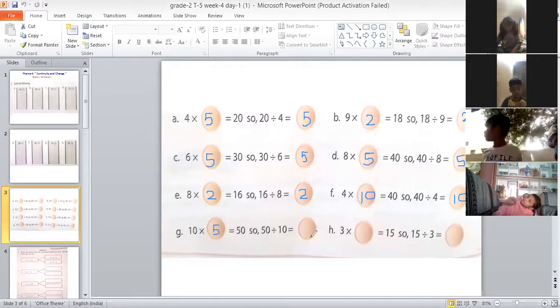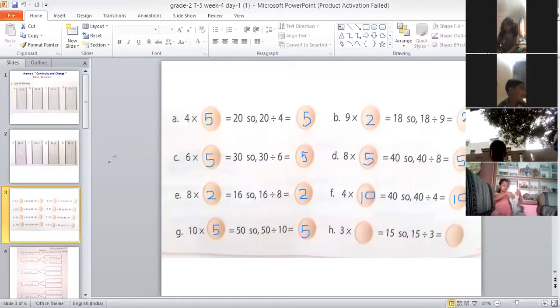And what will we write in the second? Okay, read after that. So 50. Same, ma'am, 5. Read that question. 50 divided by 10. Is it multiplied? 50 divided by 10. Yes, it is 50 divided by 10, is equal to? 5. Yes. 50 divided by 10 is equal to 5.